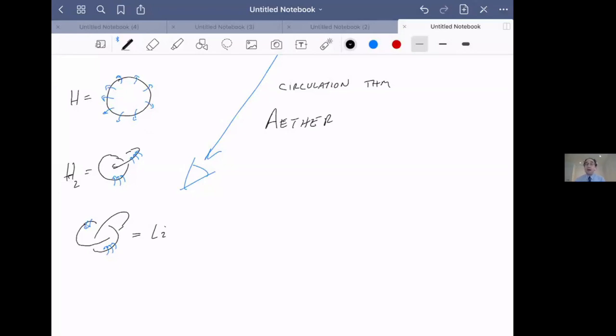Now, this idea of what atoms are made of, known as Kelvin's vortex theory of the atom, sounds completely nuts to us right now, because of course we know what atoms are made of. They're made of protons, electrons, and neutrons. And we also know there's no such thing as the ether, having been destroyed by Einstein after relativity. But it sounded like a really good idea in the 1860s, and a lot of very serious scientists were impressed by it and thought this might actually be true. And the reason that they liked this picture of the vortex theory of the atom was two issues that they didn't know how to answer otherwise.